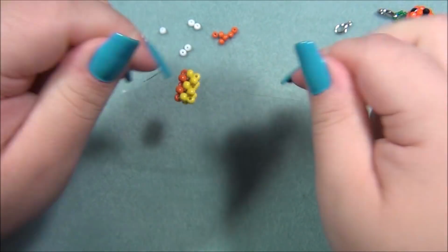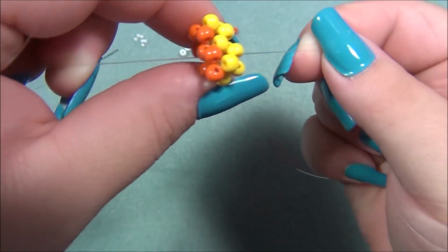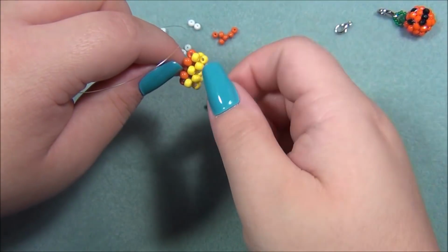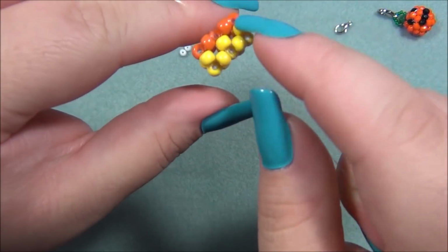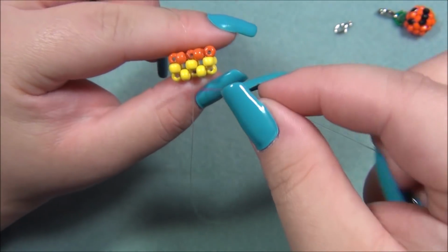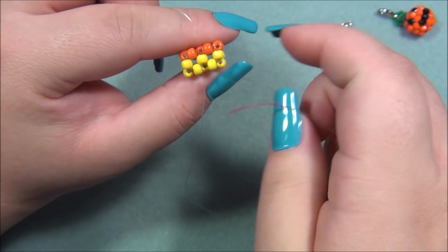Pull this tight. So now you can see that we have this. It kind of looks like cubic right angle weave. Now what I have to do is reposition my string. So this one here that's down here with the yellow beads, I'm just gonna reposition this so it comes out